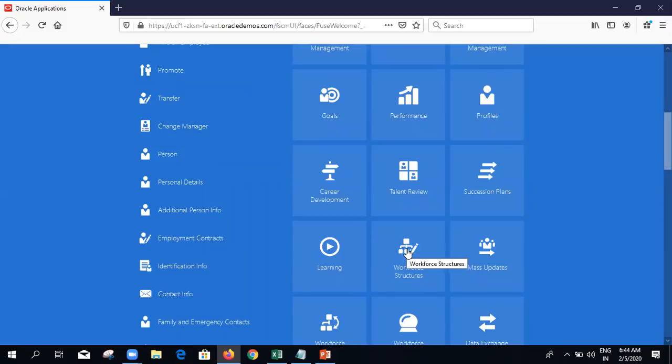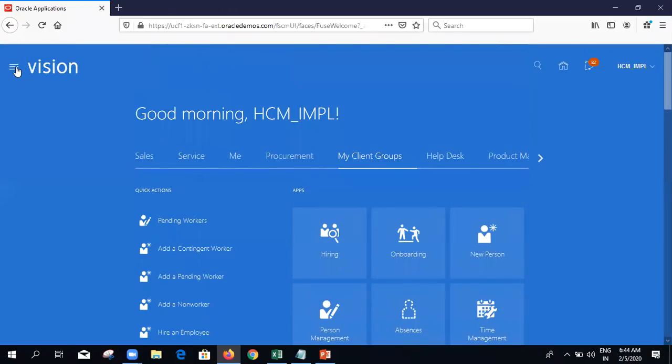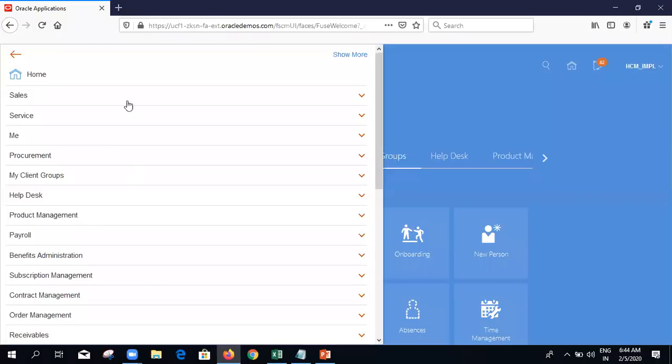And any global HR related things like jobs, locations, grades and departments, we are going to configure in this area. On the left side, the three rows which you are seeing here, we call the navigator. Once you click on this navigator, you can see the same functional areas which you see on the Springboard: again My Client Groups, Me, Procurement Services.